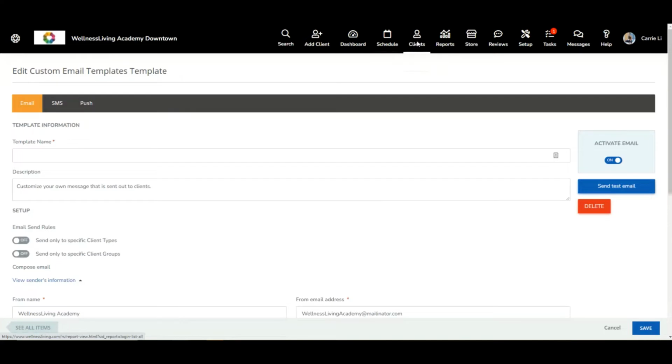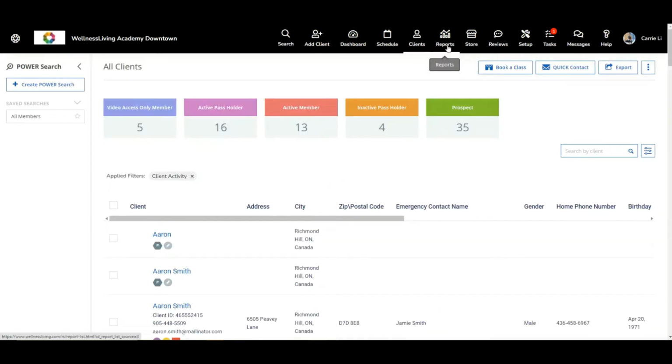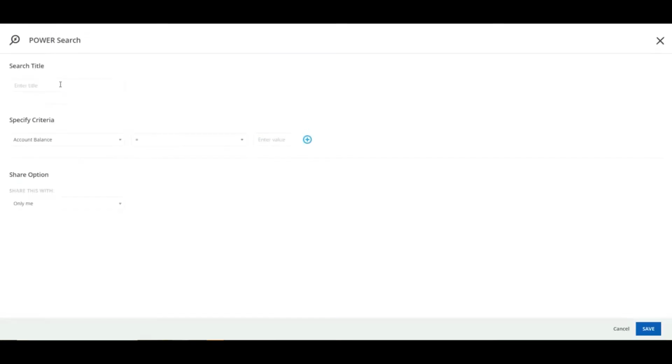to the clients list. And whether you do it through this clients list or you go into reports, and then from reports you go to the all clients report, what you can do is first of all filter by who you want to send this to, right? Maybe you have the power searches. So if I click on power search really quickly, these are things that we can go ahead and set up so that they're searches that we save that we can repeatedly use across all the reports,